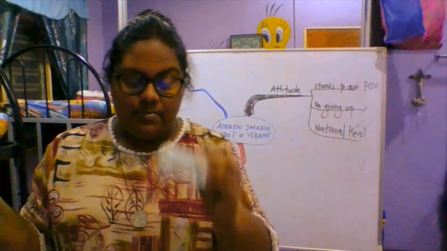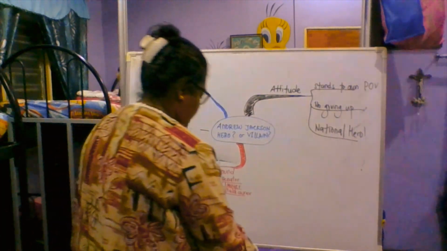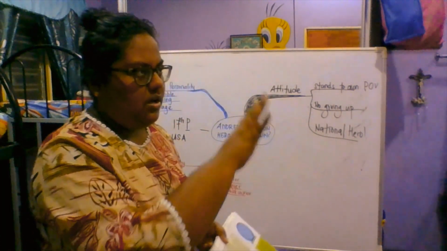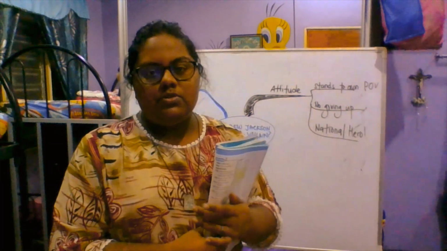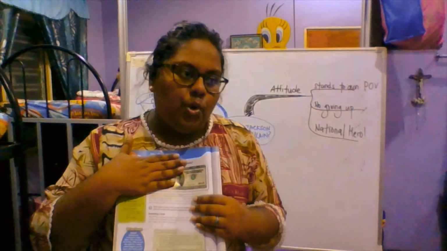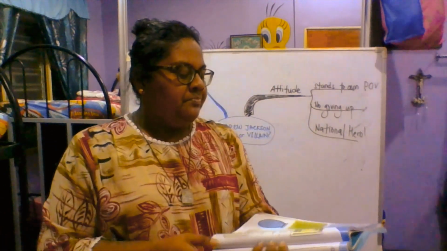So later we'll discuss. This will be part of your assignment actually, a mini assignment, not to worry. So let's move on. We already know only famous people will be on the banknote. That is why Andrew Jackson is on the banknote, and then Abraham Lincoln is there, and also George Washington is on the banknote. Okay, moving on.